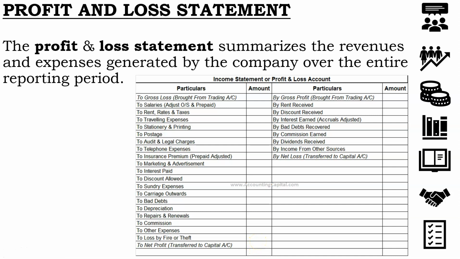And if we have incurred loss, it means that the debit side is greater than the credit side. It means that our costs or expenses are increasing, or they are more than our revenues earned for the period. At that time we incur loss. It is also transferred to the capital account. It will be subtracted from our capital account, and profit will be added to our capital account, because it is always said that the owner tends to reinvest the profit in the business.